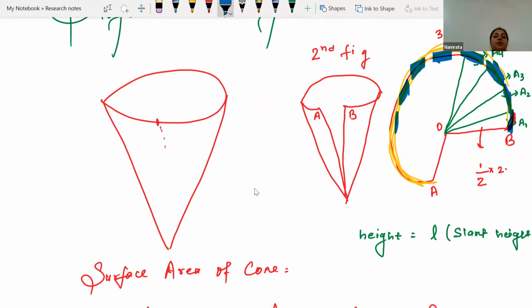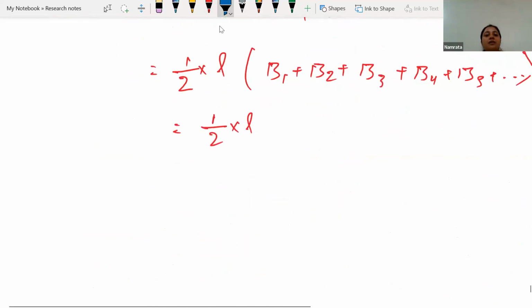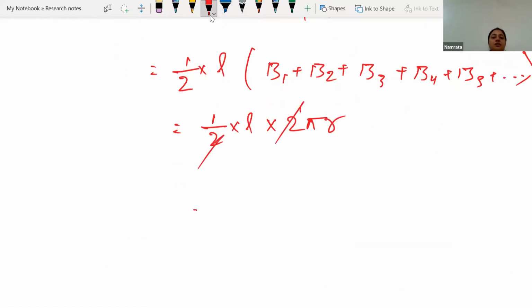All of them added together will give the circumference of the circle, that is 2 pi r. Let's write it. Once we do the cancellation, we will have pi r l. And this is the curved surface area formula